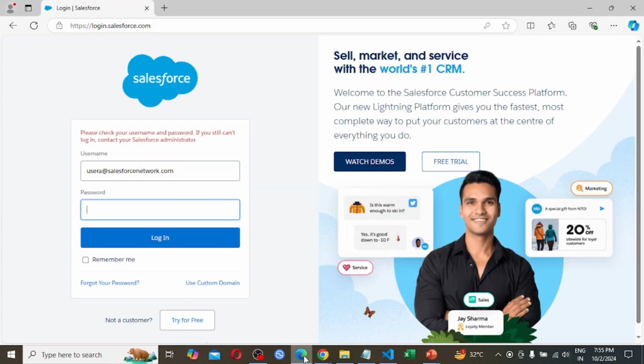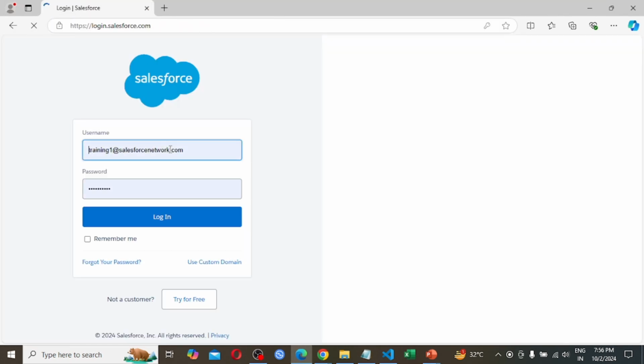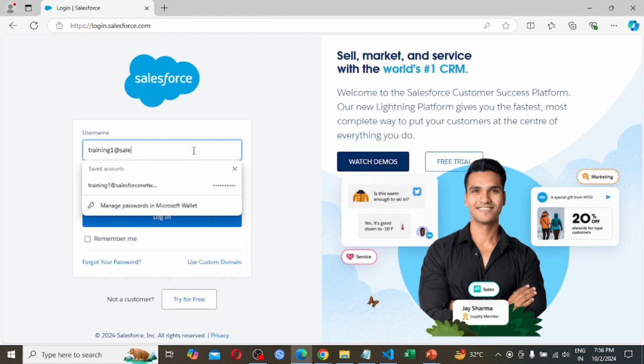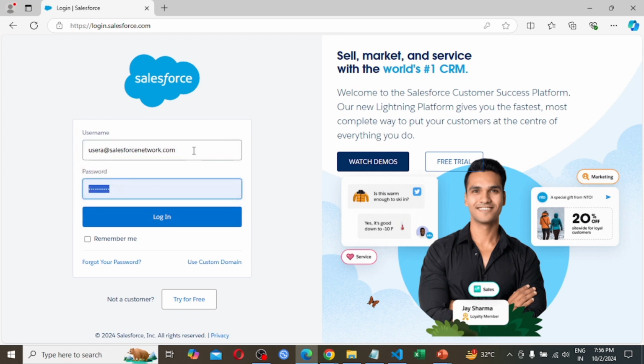Again coming back to our Internet Explorer, try to log in with user A credentials. So here I am providing the user A credentials and providing the password.